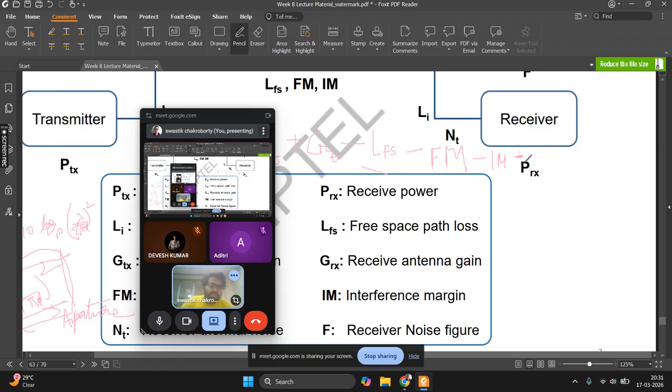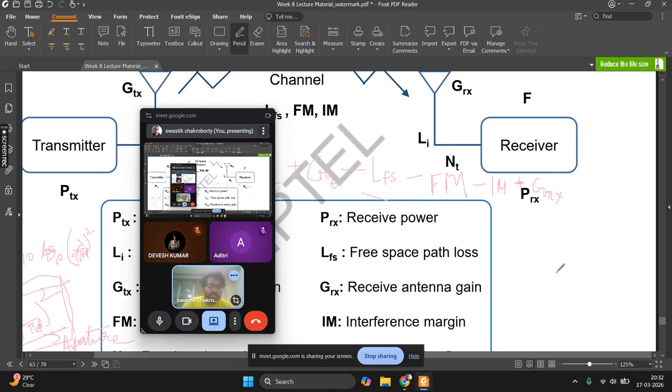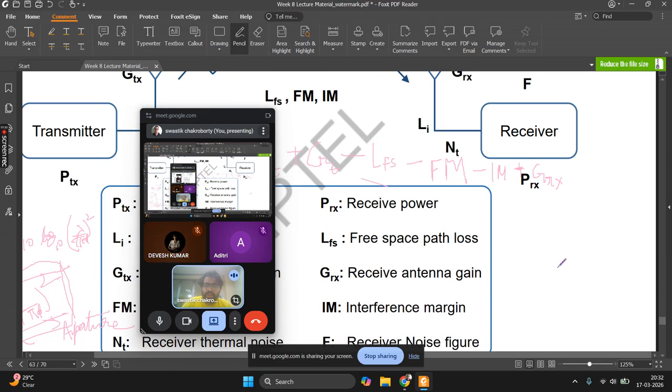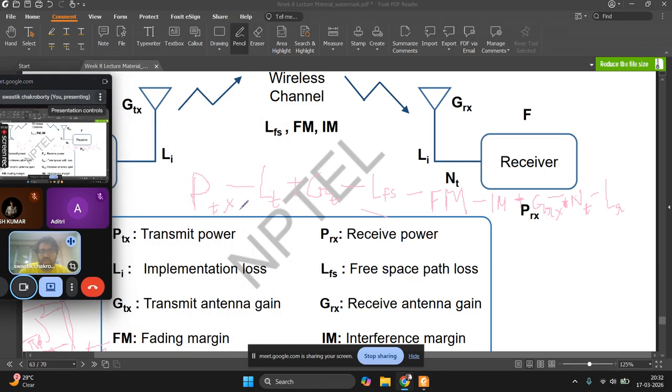Now, once you have that, of course there will be a boost because of the antenna gain. Then there will be noise. You have to remove that noise. And then there will be an implementation loss at the receiver. Now all this addition is only because of antenna gain, and various subtractions together, now this power must be something above the link margin,